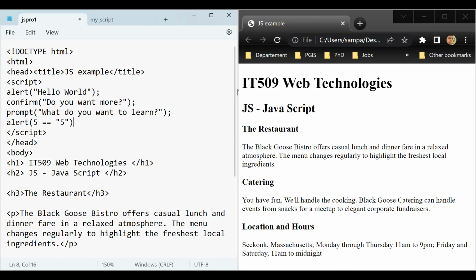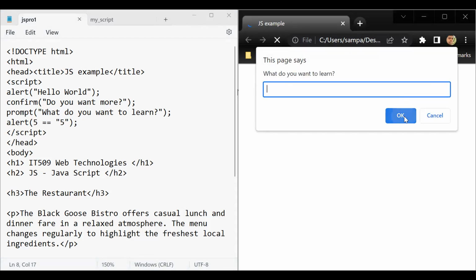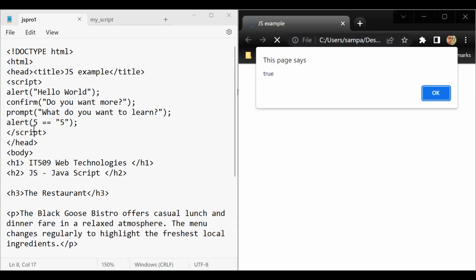So you can see the first one is a number and the second one is a string. But let's see how JavaScript identifies it. And it says true, which means, okay, it compares basically